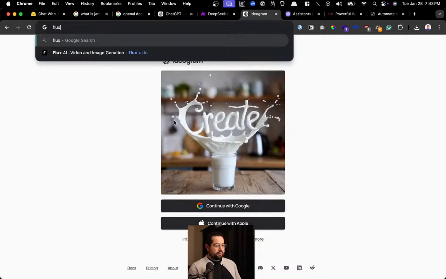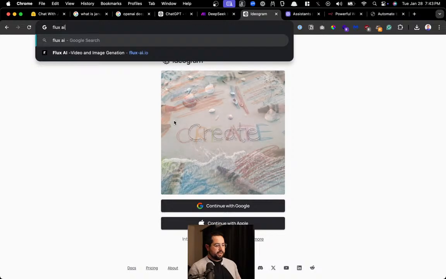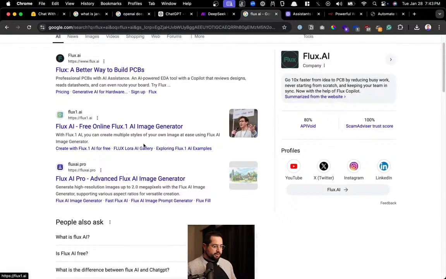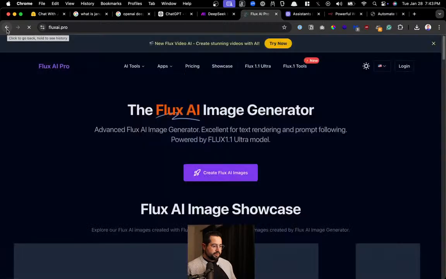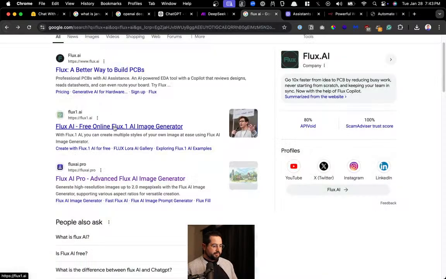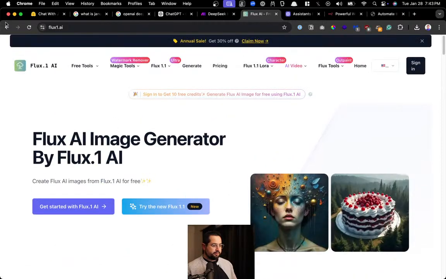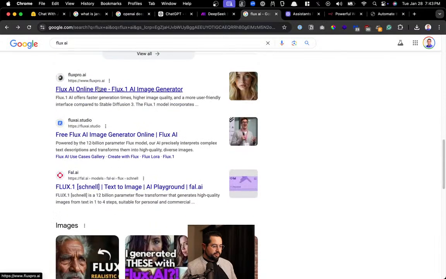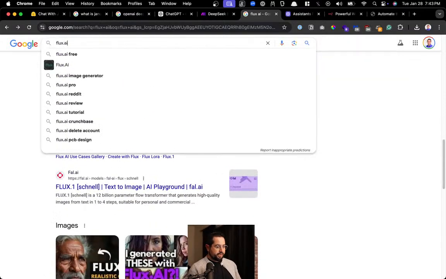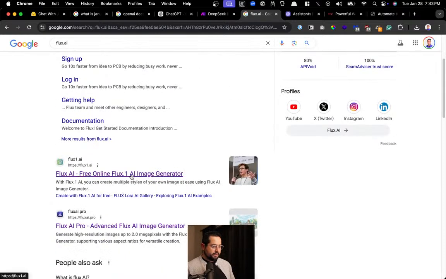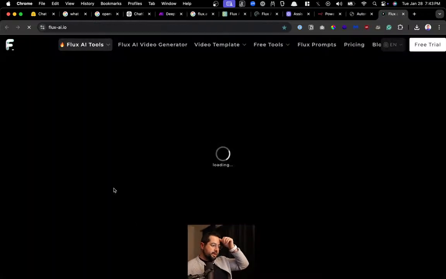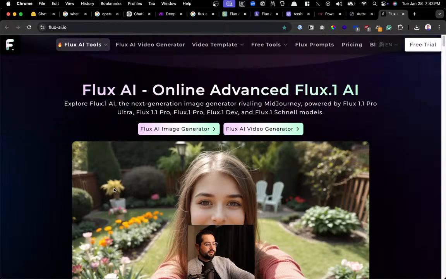There's another one which I really like, Flux AI. Flux AI. I think it's this one. No. There's a bunch of different Flux AI. No. This one. No. Flux Pro. Maybe it's Flux.ai. No. I know. I have it bookmarked. Flux-AI tools or